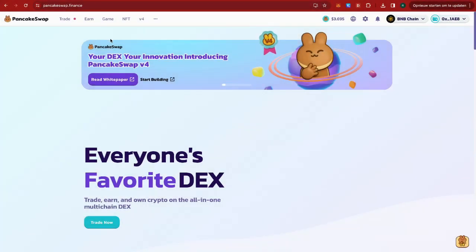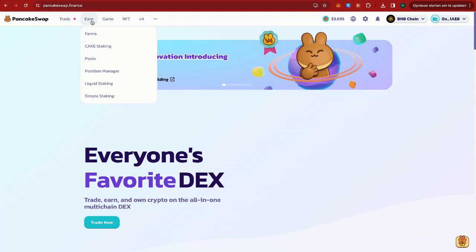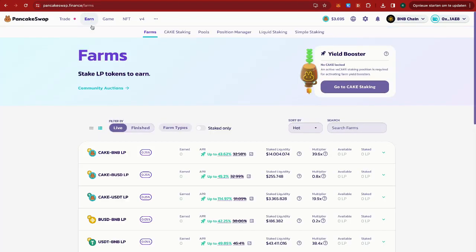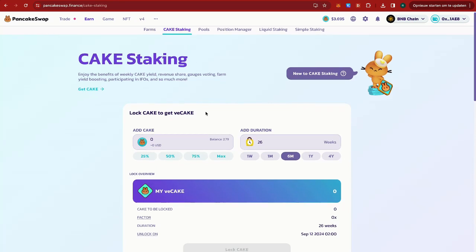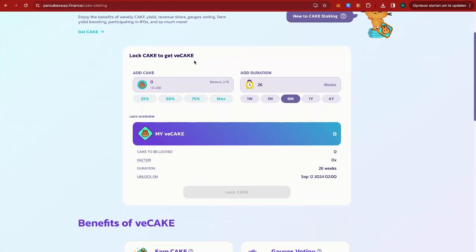To vote on the stkBNB pool's gauge, head over to the Earn tab and select Cake Staking. In order to get voting rights, you need to get veCake by locking up some Cake tokens. Enter the amount of Cake you wish to lock and choose the locking duration. Note that you will have to lock your Cake for at least 3 weeks to be able to vote for